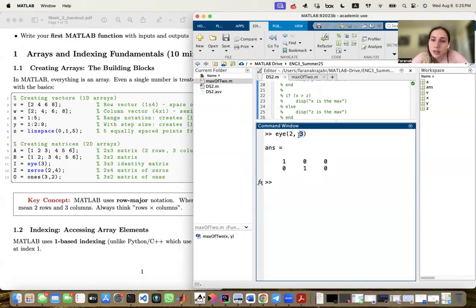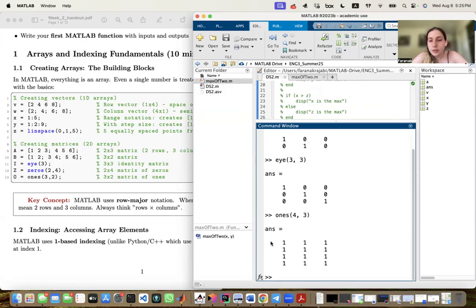So you see this is not well defined for a non-square matrix, because for identity we usually have the diagonal elements be 1, but for this one, because there is no diagonal element on this column, we're just going to make these two 1. So usually you use that for a square matrix like that, so the diagonal elements are 1. I guess you have ones actually, so for 4 and 3, I'm going to get a 4 by 3 matrix where